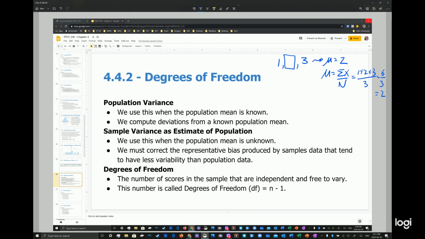must be. It must be 2. It cannot be 1. It cannot be 3. It cannot be any other number. It can't even be -2. It must be 2. For this whole mean to work, I must use 2. 1 plus 2 plus 3 is 6, divided by 3, the number of scores, which is 6 divided by 3,